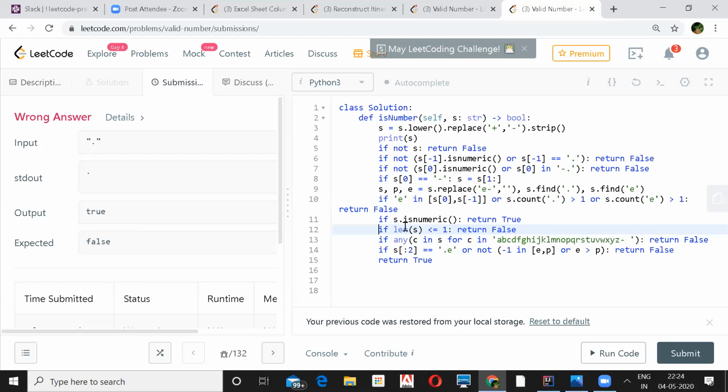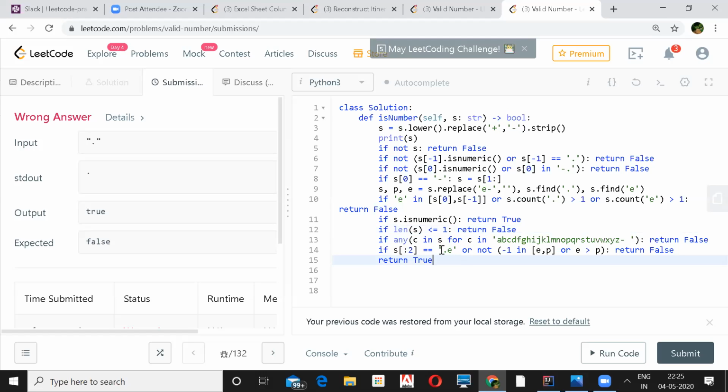Okay. A different approach now. For every character in this, it will check if it is present. If any of that character is again present, then it will return false. Here is the minus thing that they are taking care of, as well as the space. Yeah, if there is a second minus in that. And this is for leaving the first 2 characters.